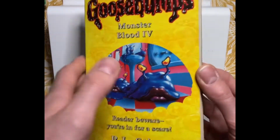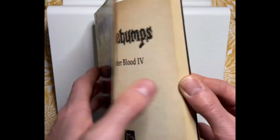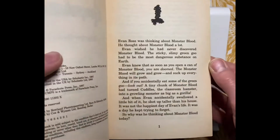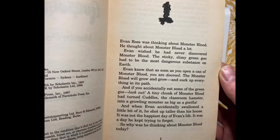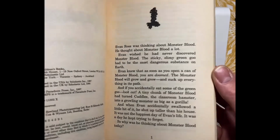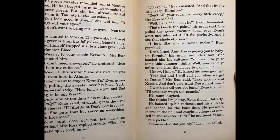He thought about Monster Blood a lot. Evan wished he had never discovered Monster Blood. Sticky, slimy green goo had been the most dangerous substance on Earth. Evan knew that as soon as you opened a can of Monster Blood, you were doomed. The Monster Blood will grow and suck up everything in its path, and if you accidentally eat some of the